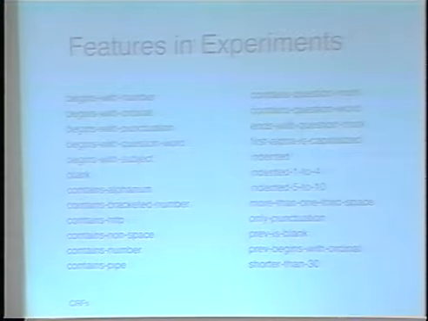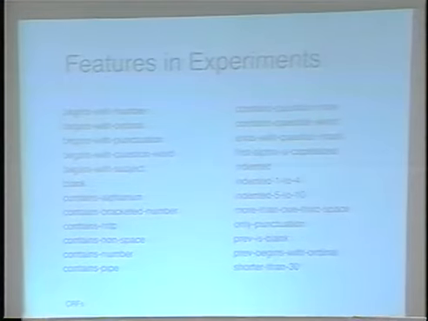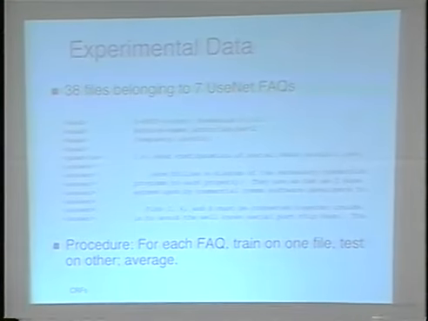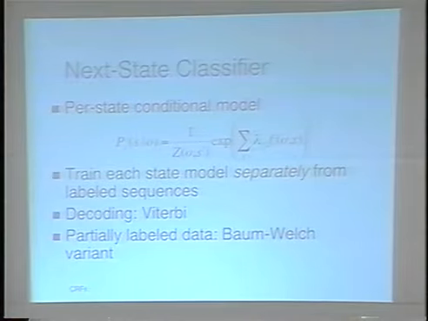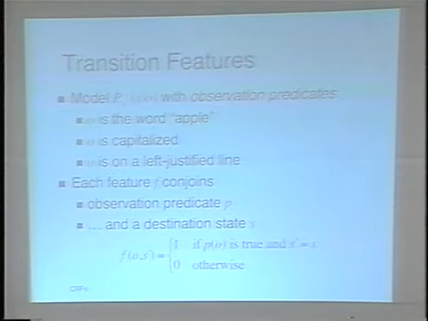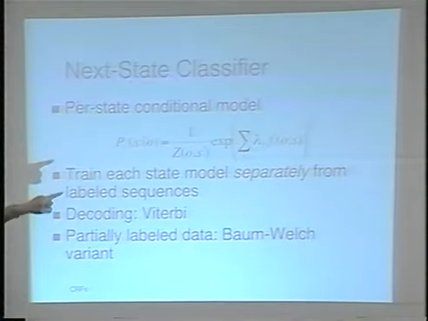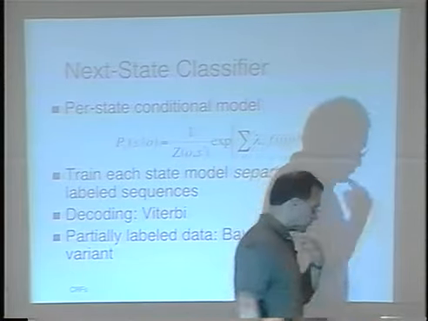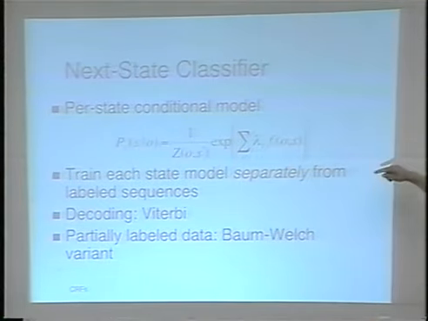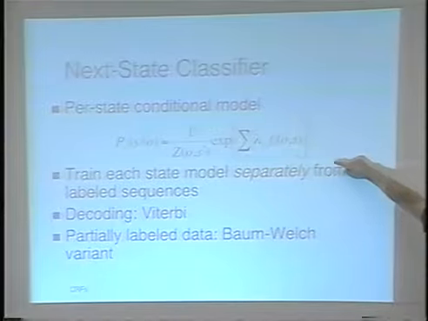The answer is the features depend on where I'm going back, right? The features here depend on... I see what you mean. Yes, there's a little notation inconsistency here. The features depend on the source and the destination state, which is what I use later. I noticed that, you are right. The previous slide is a little unclear on that.